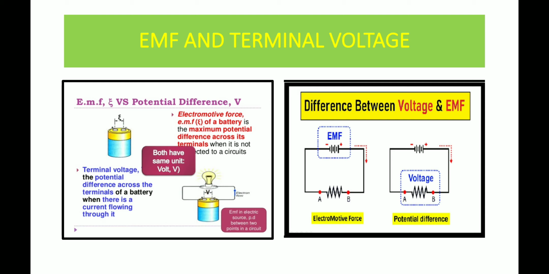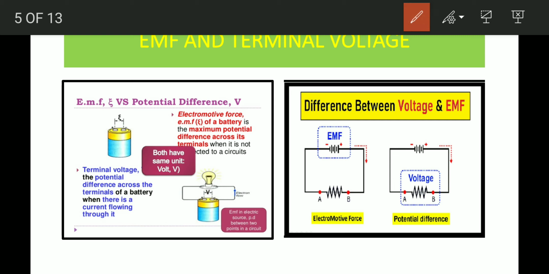This is a slide which is explaining the difference between terminal voltage and EMF. As it has been told, EMF is the potential difference across the cell or a battery when the circuit is open. That means in this situation there is no load attached to the cell. So right now if I want to measure the potential difference across its two terminals, the value will be called